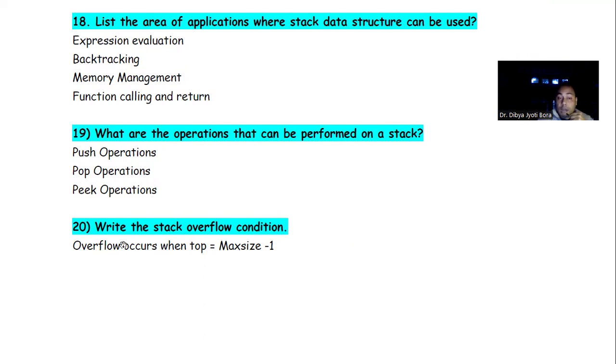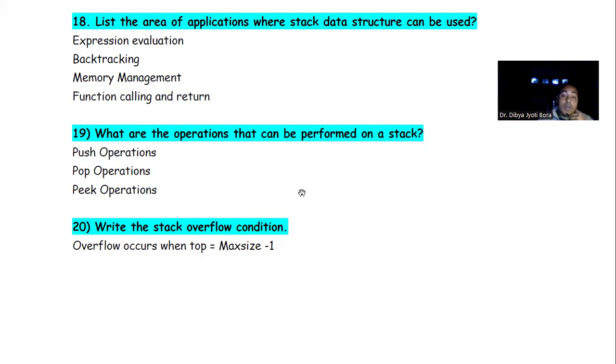Now, write the stack overflow condition. Stack overflow means, suppose size is n, you try to insert an element at n plus 1, beyond the size limit. That is the stack overflow, right? So overflow occurs when top is equal to max size minus 1. Don't forget, from the array definition, if an array is of size n, then its index goes from 0 to n minus 1.